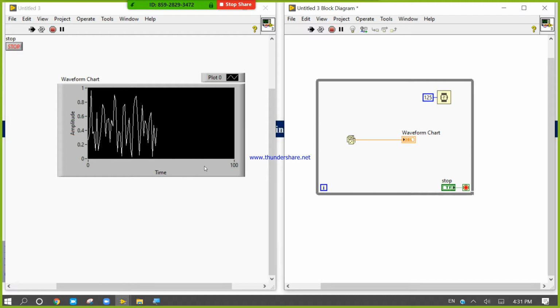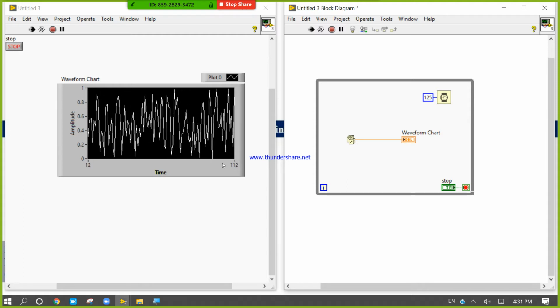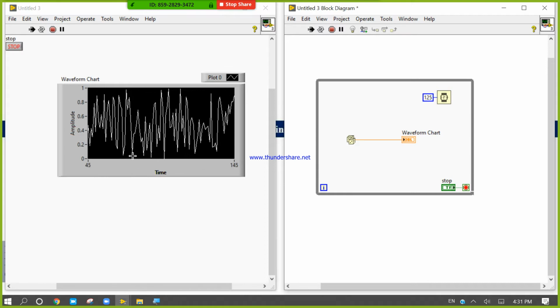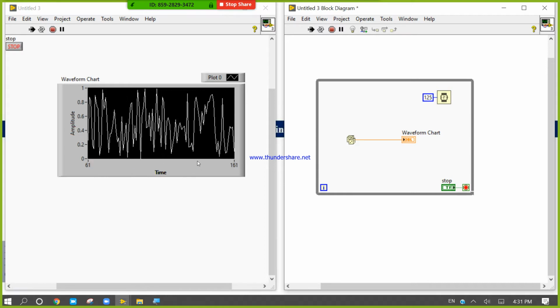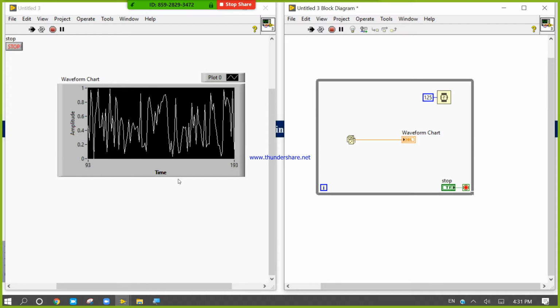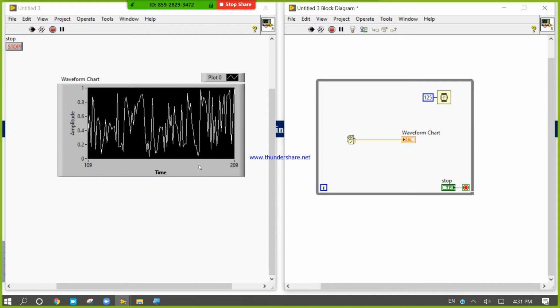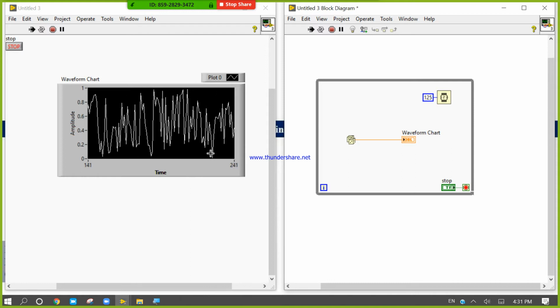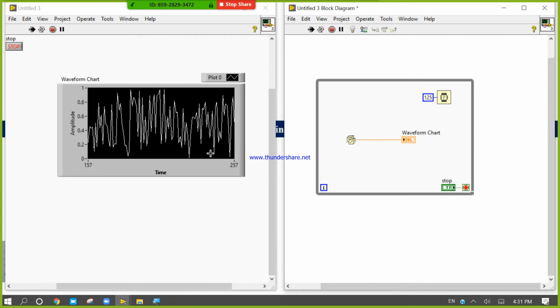It will plot 0 to 100, after that it will start moving right to left, because during 1 to 100 it plots 100 data, but the memory size given here is 1024.